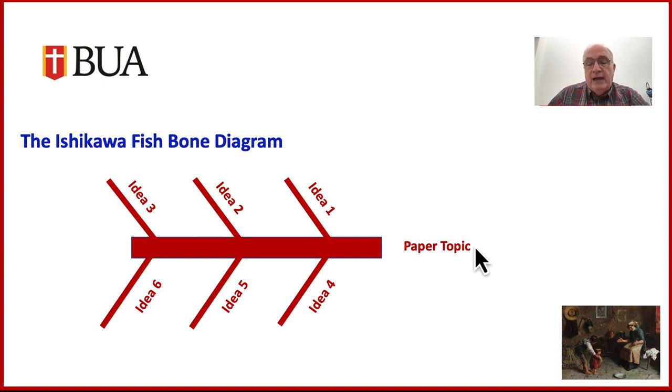We have the gym bag. Where was it lost? What type gym bag was it? It's a pretty neat deal. Why would it have been stolen? And all sorts of different ideas that you might want to organize. But the Ishikawa Fishbone Diagram is just a good, quick way to brainstorm ideas.